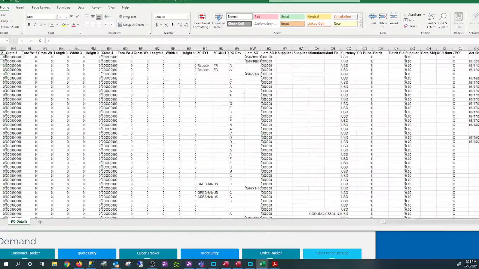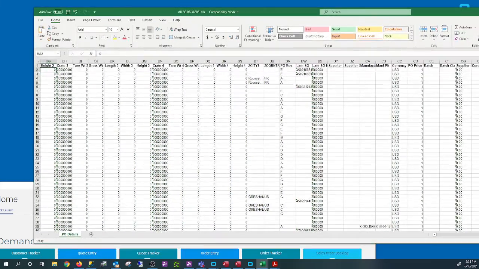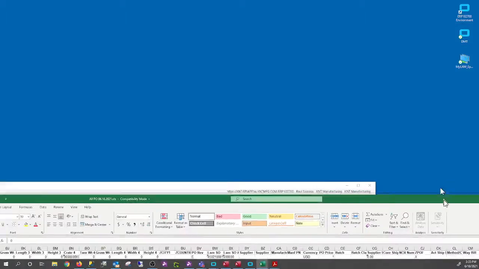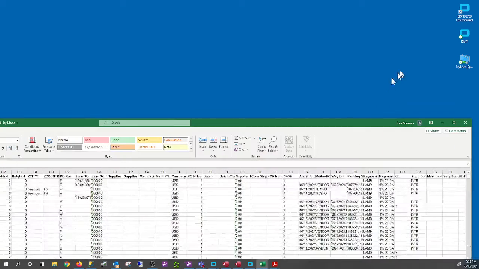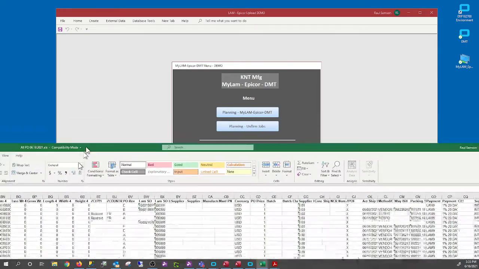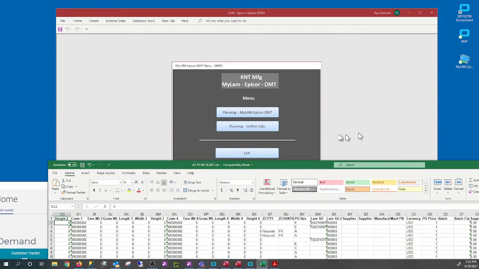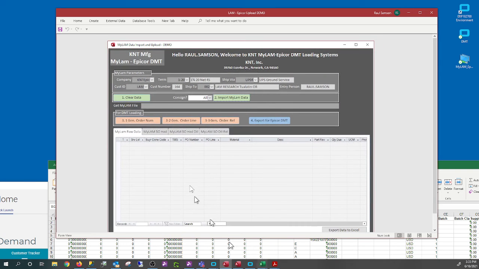Most of the people in planning that do this are Minute and Doc. I believe that they're already familiar with this. Let me open the application, which is this one. So this is how it looks like. I'm going to load this data right here by clicking that, and this is how it looks like.